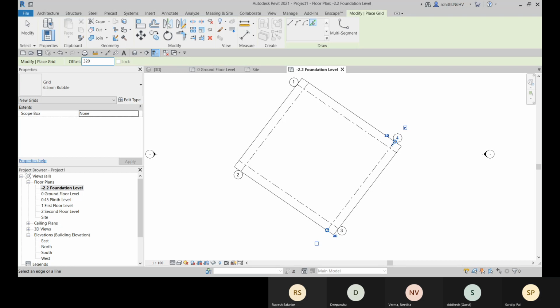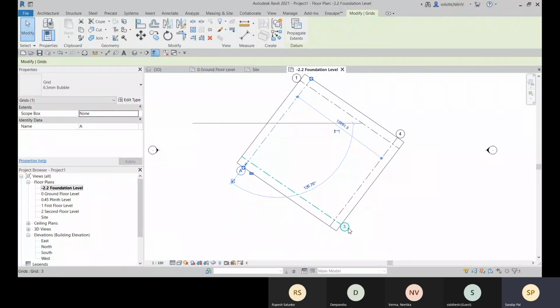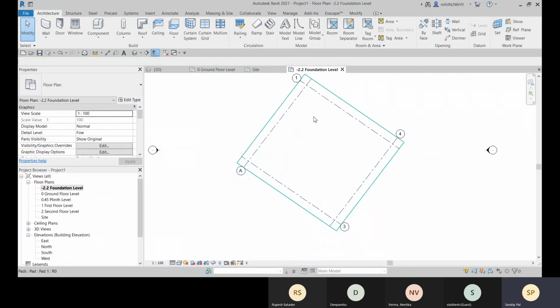Sorry, I'm going with the random. You can rename them. Here you can give it an alphabetical name. We will name these later.